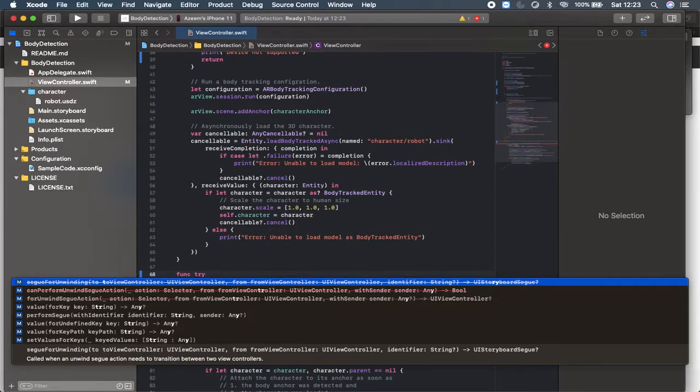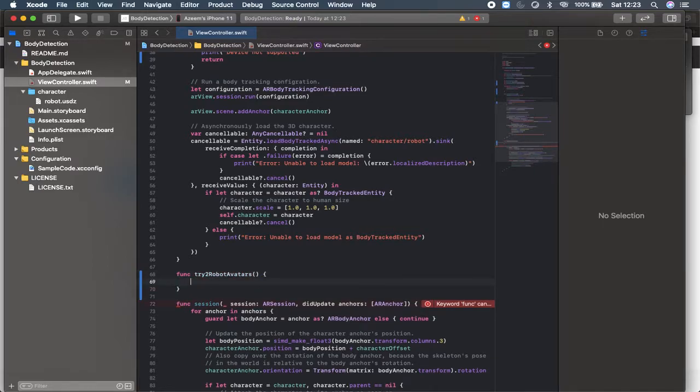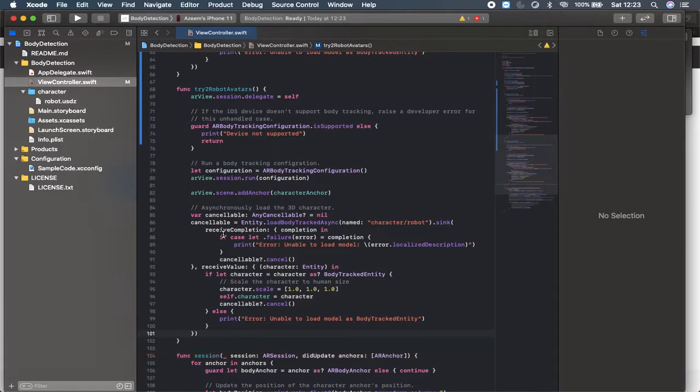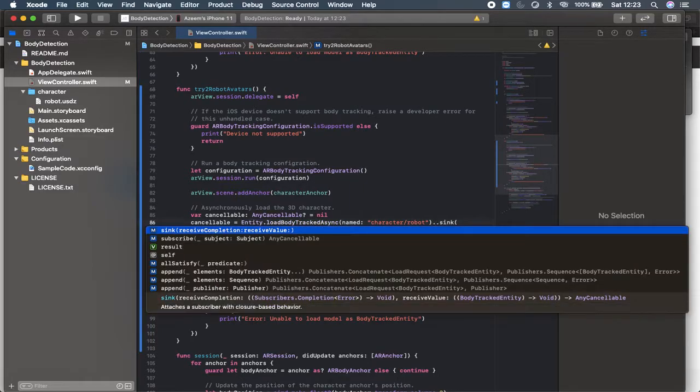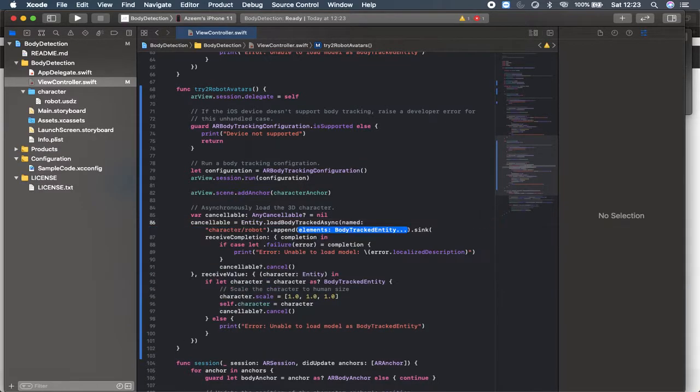So let's say tryTwoRobotAvatars, and from here I'm also going to paste that code inside, and we're going to make a few changes inside this in order to track the other one. After this, there is entity.loadBodyTrackedAsync sync. Before sync, I'm going to add dot append, and append another entity, let's say entity dot